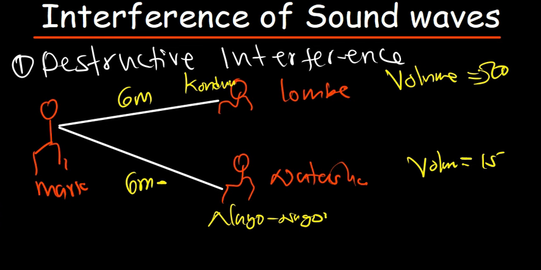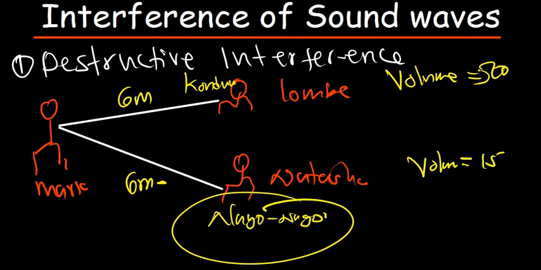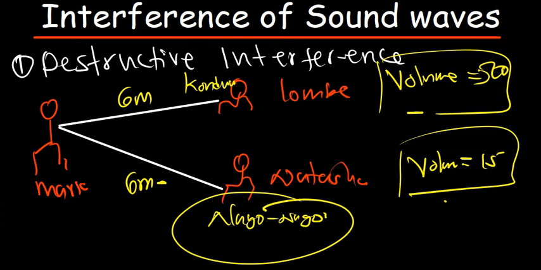Now, one thing we have to understand is that since the volume for Lombe is a bit greater than the volume for Natasha, the song done by Lombe is now going to distract. Mark will not hear anything from Natasha in this case, because Natasha's volume is at 15 and Lombe's volume is at 20. But again, if the volume is at 20, it doesn't mean that Mark is going to hear the frequency which is at 20. Some of the frequency is going to be distracted by